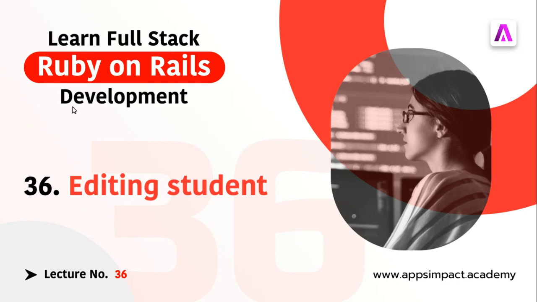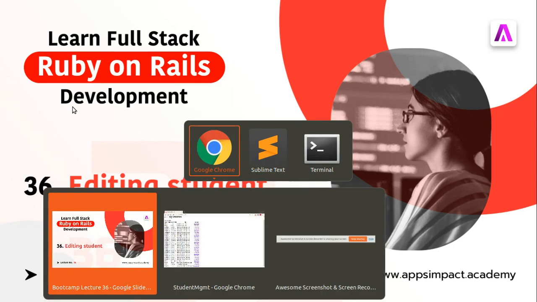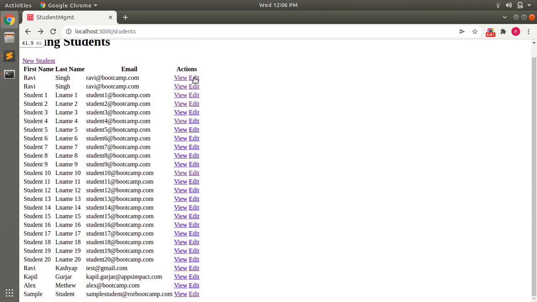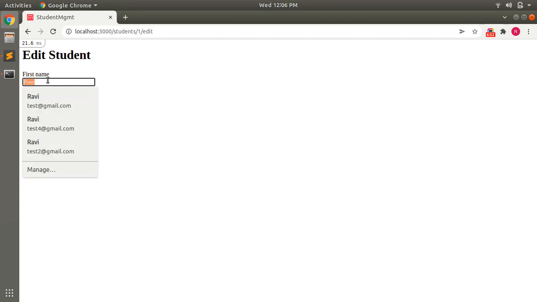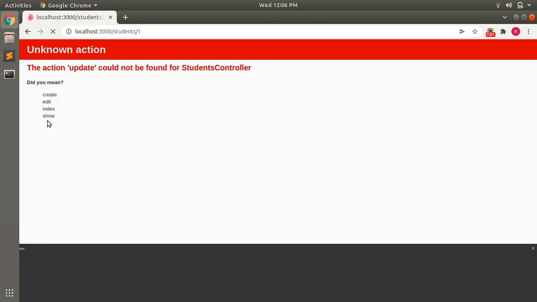In the next lecture, we will implement the update method, because we have to save the edited student into the database as well. For example, if you open the form and submit it after editing the student details, like removing Ravi and adding Alex, and click the update button, you will get an error that the action update could not be found for StudentsController.